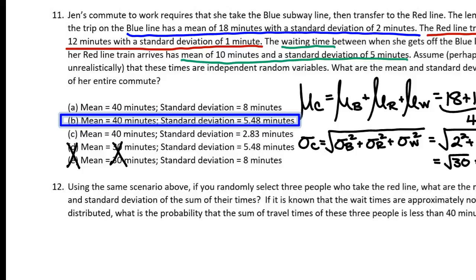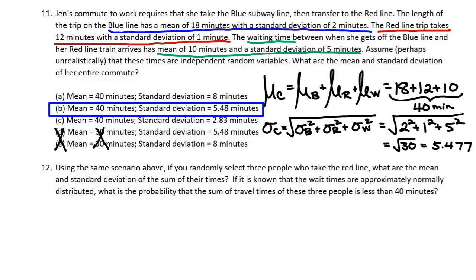All right, so now that we know the mean and the standard deviation, let's go down and look at number 12. Using the same scenario above, if you randomly select 3 people who take the red line, what are the mean and standard deviation of the sum of their times? If it is known that the wait times are approximately normally distributed, what is the probability that the sum of travel times of these 3 people is less than 40 minutes? All right, so if we're doing 3 people all on the red line,